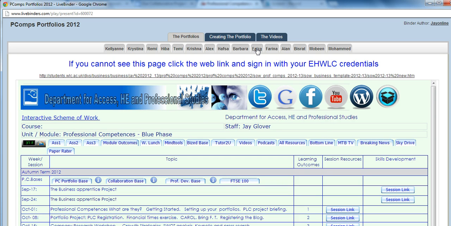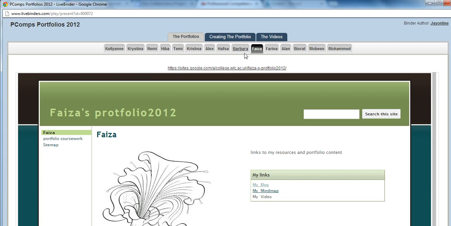But let's click here and look at Pfizer's portfolio, which, as you can see, is a Google Site, a front page of a Google Site. Unfortunately, she's got a portfolio, but there's time to change that for the better. What I'll show you in a moment is how we use that Google Site to link to other elements of